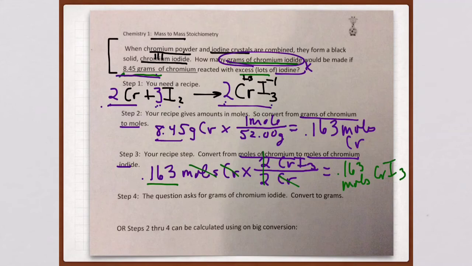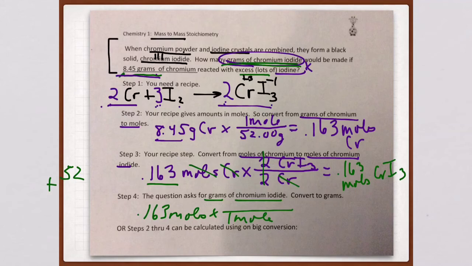But again, what's the end game? What is it asking for? It's asking for grams of chromium iodide. So now we have to go from moles to grams of chromium iodide. How do we do that? We multiply by the molar mass. So here we go. That's chromium iodide. For every 1 mole of chromium iodide, it weighs, let's see, we've got a 52